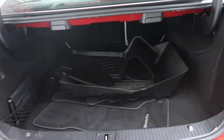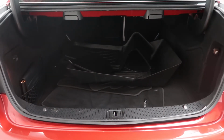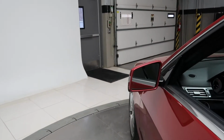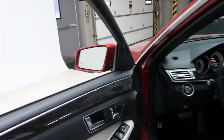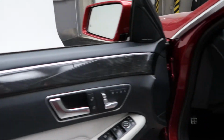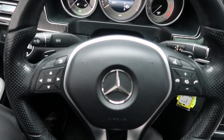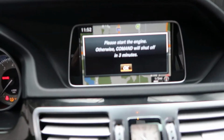and up the tailgate we got a clean set of all-season and regular floor mats, fold-down rear seats, lane tracking package with active blind spot assist, active lane assist, premium one package with Harman Kardon sound system, memory seats, heated steering wheel, steering wheel controls with Bluetooth capabilities, paddle shifters for extra performance, media display,